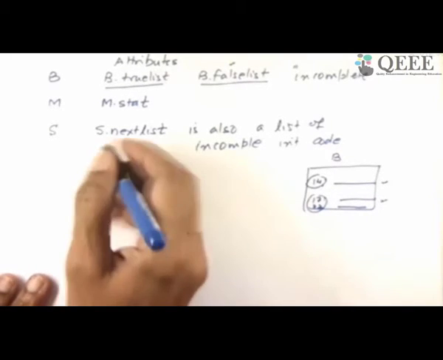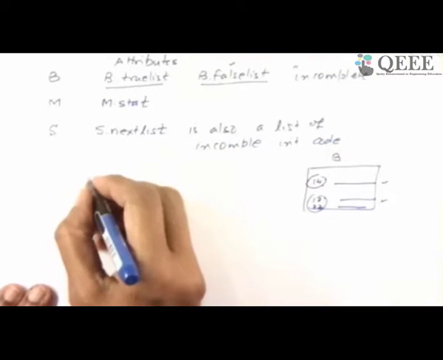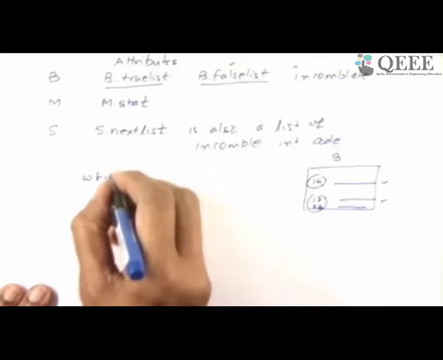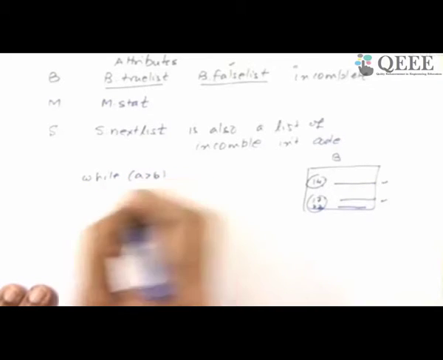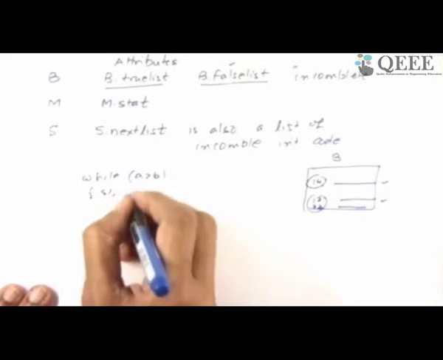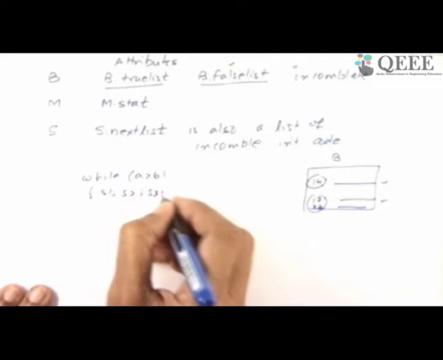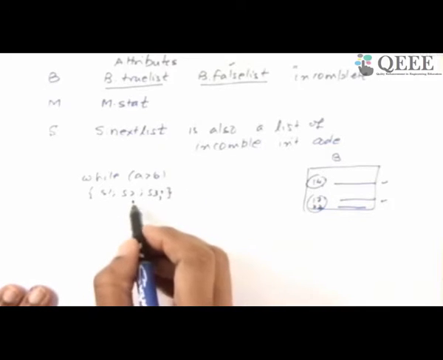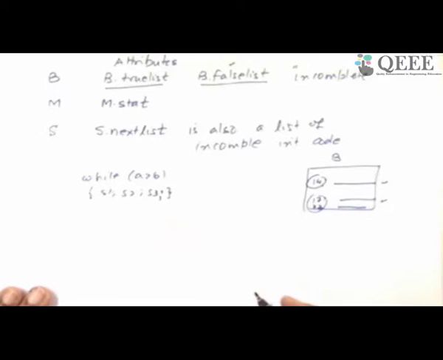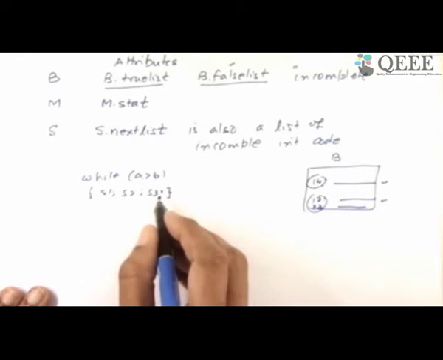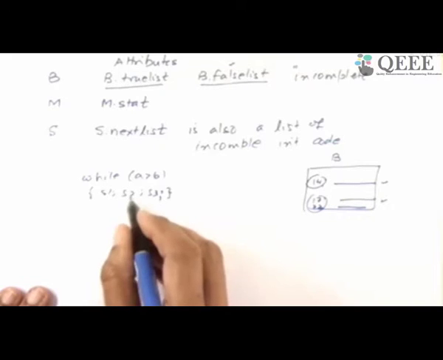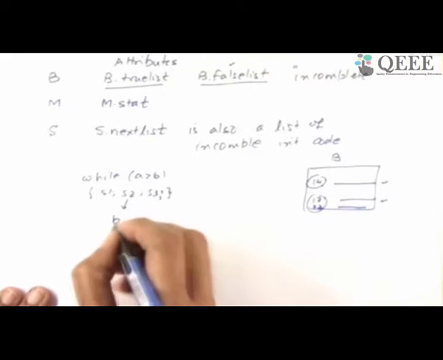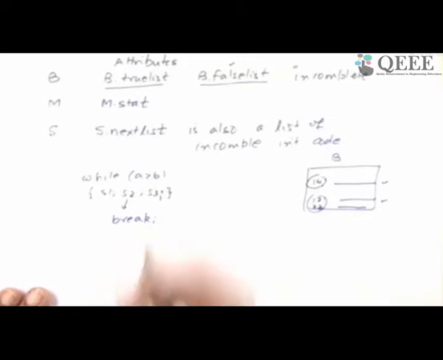So if you assume that there is a statement like this, which let's say says while A is greater than B, do some statement S1, S2. I'm just writing briefly so that we are not worried. So this reads as while A less than B, S1 followed by S2 followed by S3. And in this, these statements can be all different kinds. This S2 could have been, for example, a break statement, which you must have read in C. What does the break say? When you hit the statement, go outside the loop.